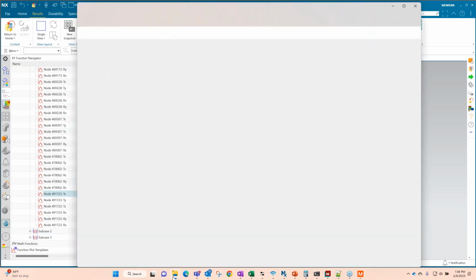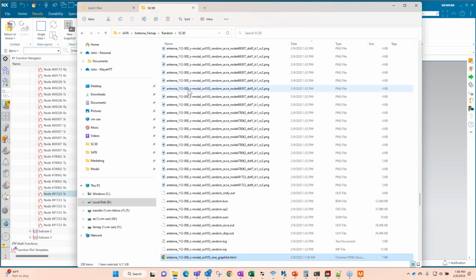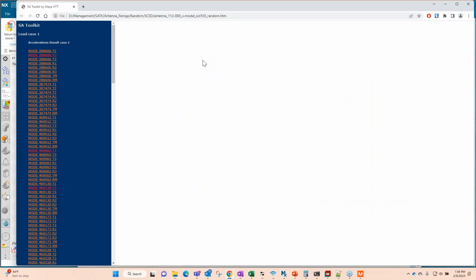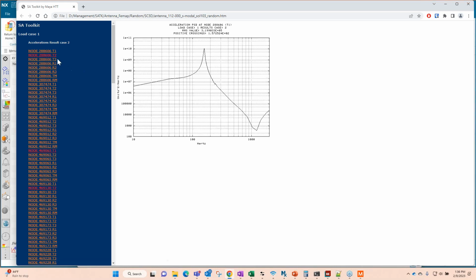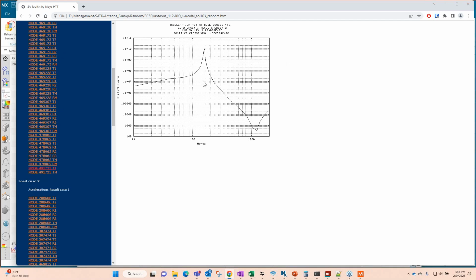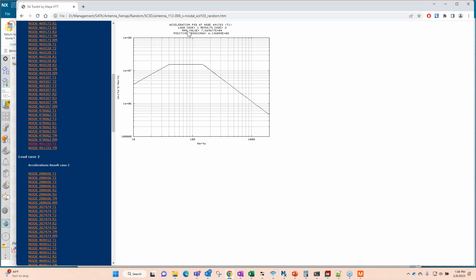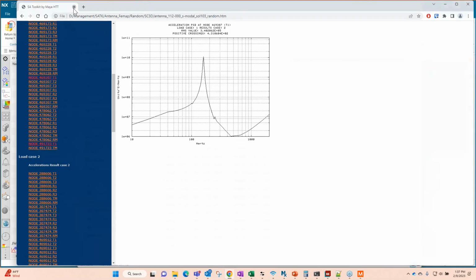I want to just talk about some of the other outputs that you get from this as well. So we asked for some graphical plots. So if I click this HTML, it'll spit out plots like this automatically for you. So if you want to do a quick check, you can just come in here and check these. You don't even have to plot them in SimCenter first. This can also be a good check if you want to just make sure, okay, was my RMS value on my input correct? Did I actually solve it correctly? And you can go through and look at these.